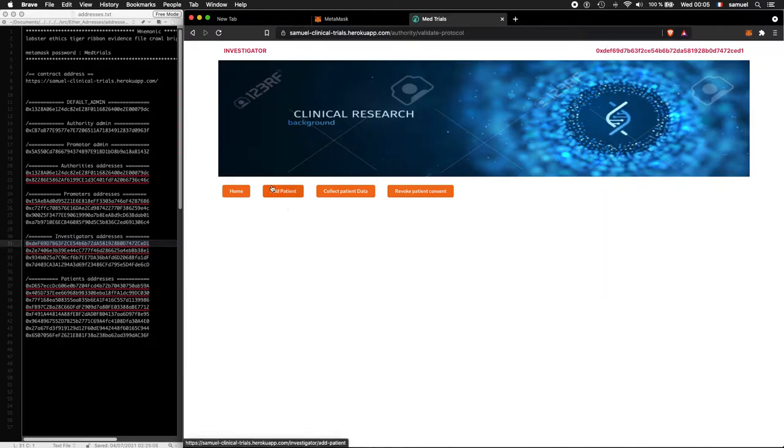Okay, yes. So what can an investigator do? An investigator can add patients, collect patient data, and revoke patient consent. So let's start by adding patients to the clinical trial.